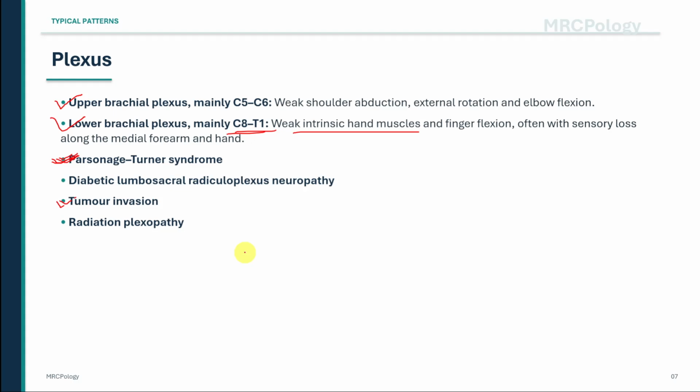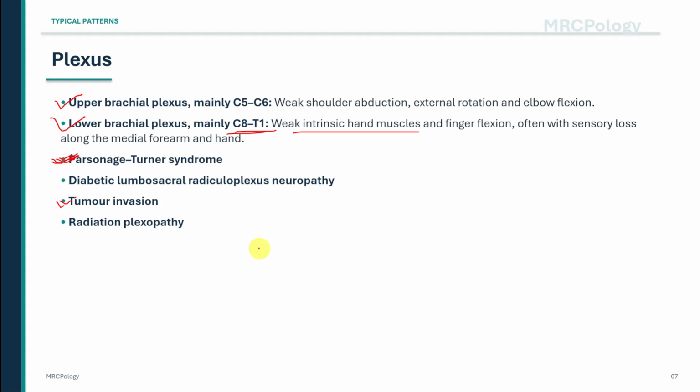Diabetic lumbosacral radiculoplexus neuropathy often presents with severe pain in the hip or thigh, followed by asymmetric proximal weakness and wasting. Weight loss may also be present. Other important causes include tumor invasion and radiation plexopathy. Tumor-related plexopathy is often painful and progressive. Radiation plexopathy may develop after radiotherapy and can be less painful, although the clinical context and investigations are needed to